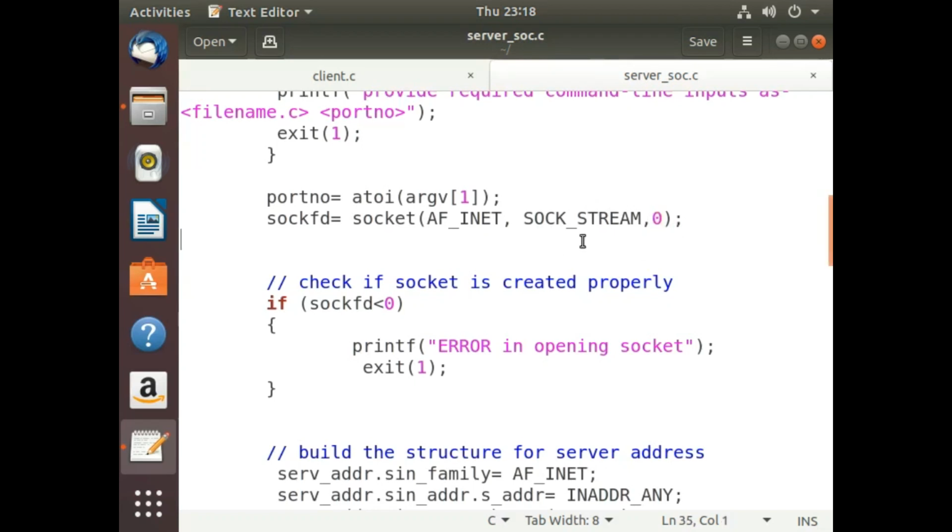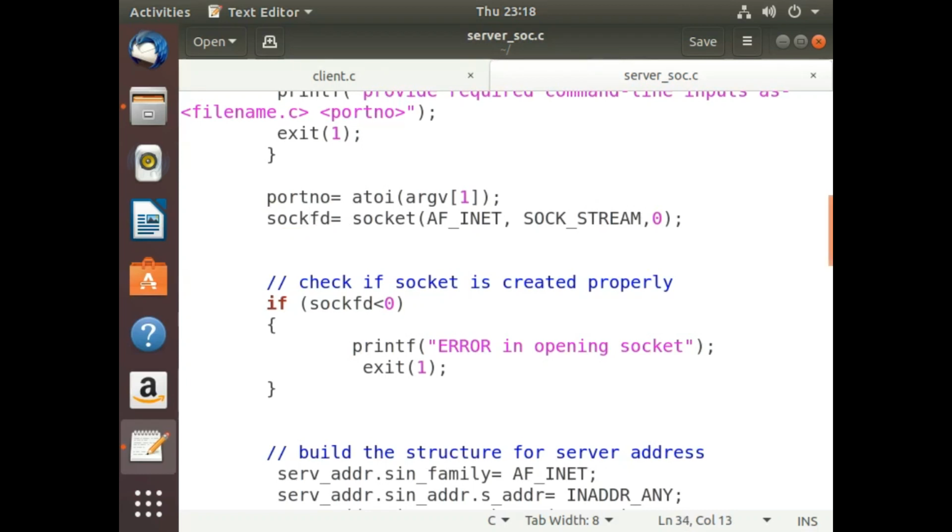Understood these three? Once the socket is created with this system call, the socket file descriptor will store a non-negative value if the socket is created properly. And if the socket is not created properly, it can store a value of -1.